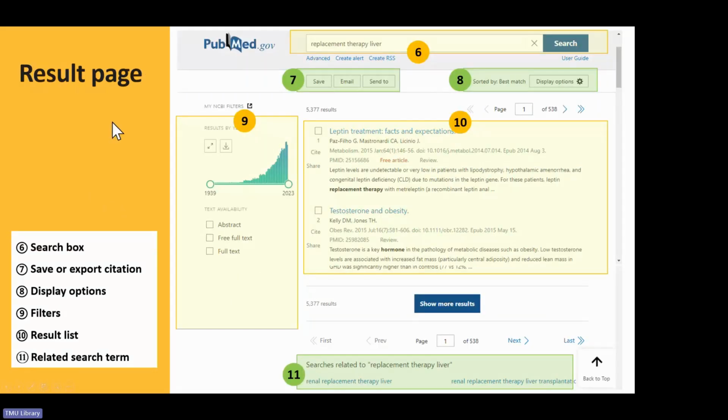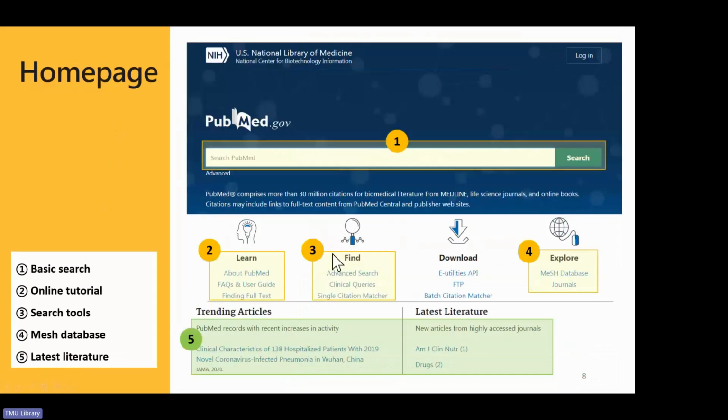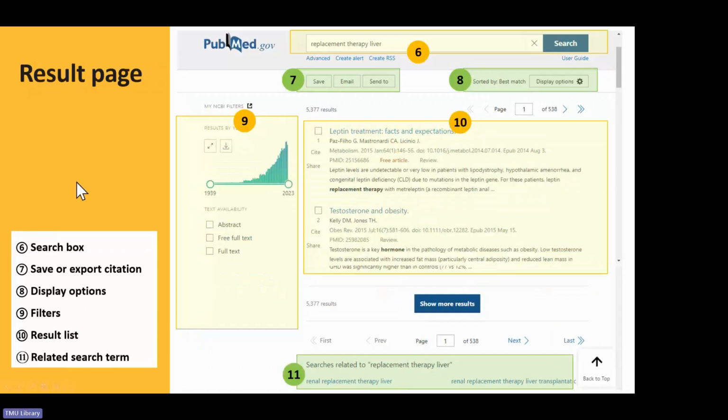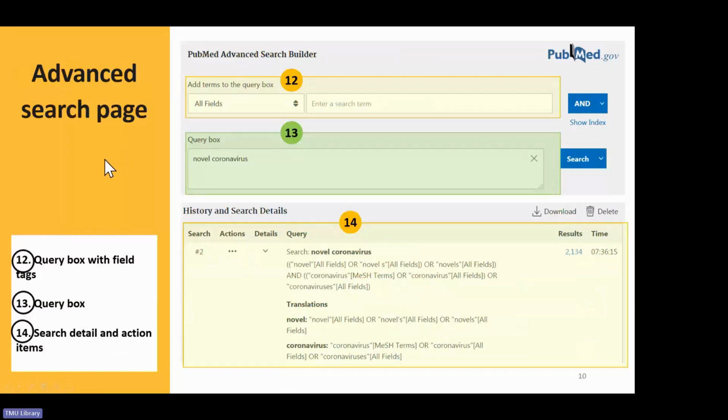Later we will see number 3, advanced search, and number 4, the MeSH database. We just experienced number 9, the sidebar filter, and number 8 is the sorting. By default it is best match, and in some cases maybe you want to sort by publication date or something else. We will experience that later. We will also cover number 14, which is search details and